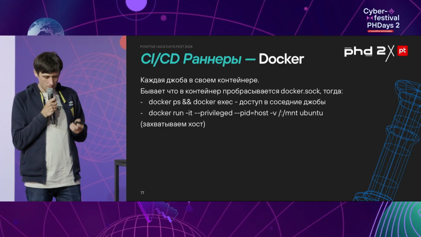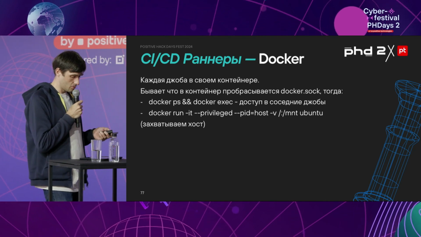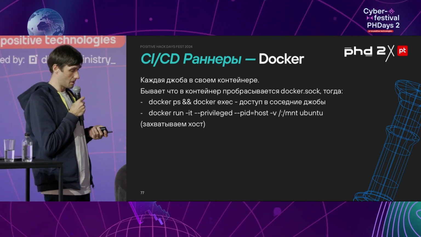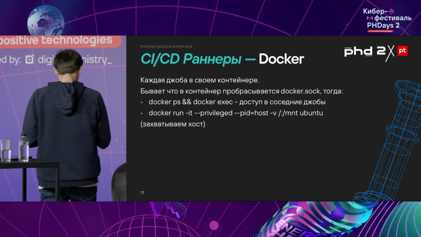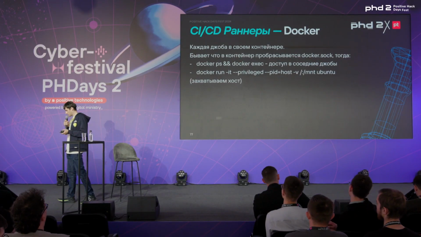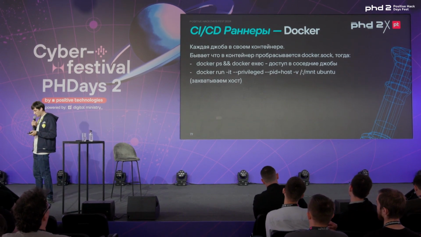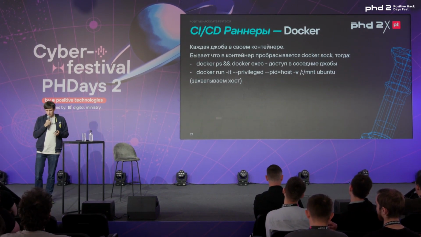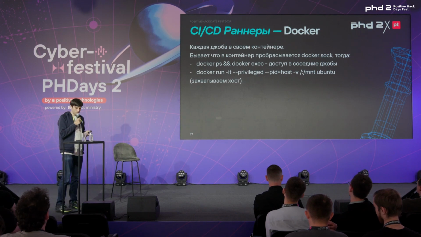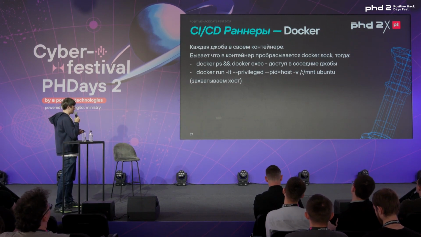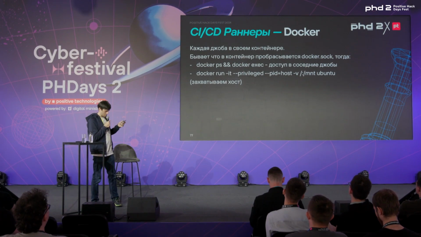Okay, Docker runners. Every job is run in its own Docker container. This configuration is secure, if we forget about exploits. But as it often happens in the CI/CD world, containers like that can be forwarded to Docker sockets. And in this case, we can use the power of Docker to interact with the host